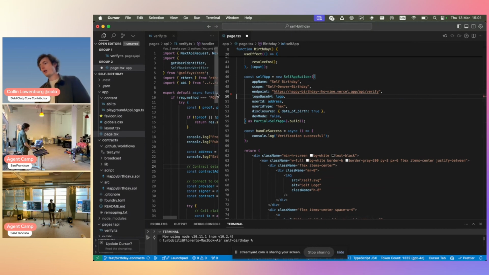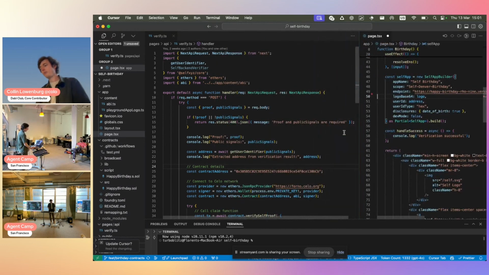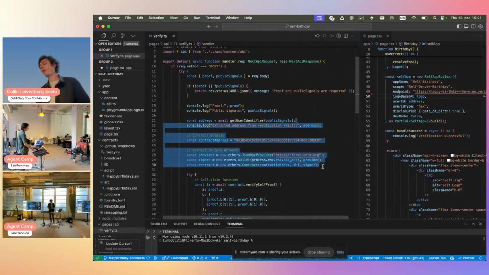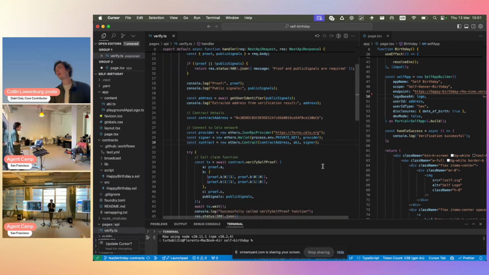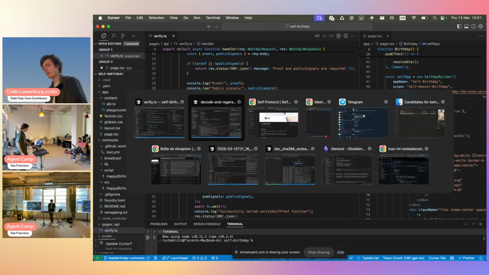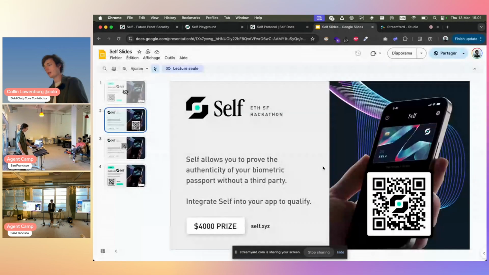And then on the other side, we have a simple SDK that verifies the proof. So you can store it in your backend, you can use it on chain. For instance, in this case, it sends the proof directly on chain. And then if it's the person's birthday, the transaction will go through and we'll send them $100. So this is a simple example. If you have questions on it, you can just DM us. But if you look at the code, it should be pretty explicit.